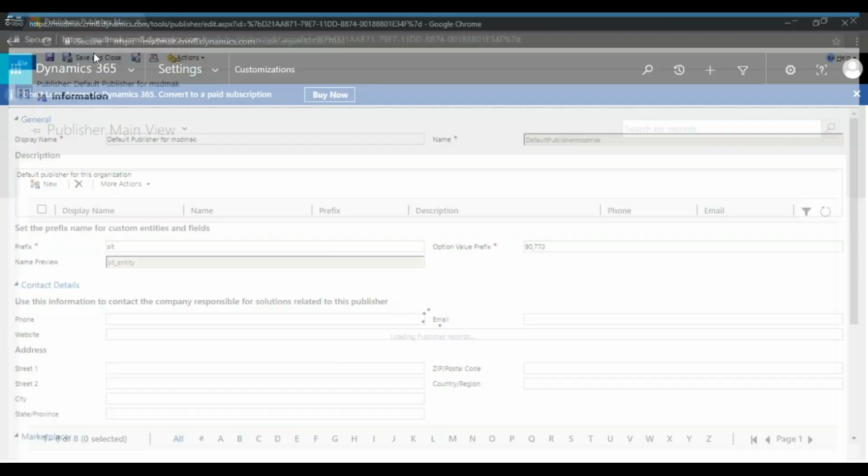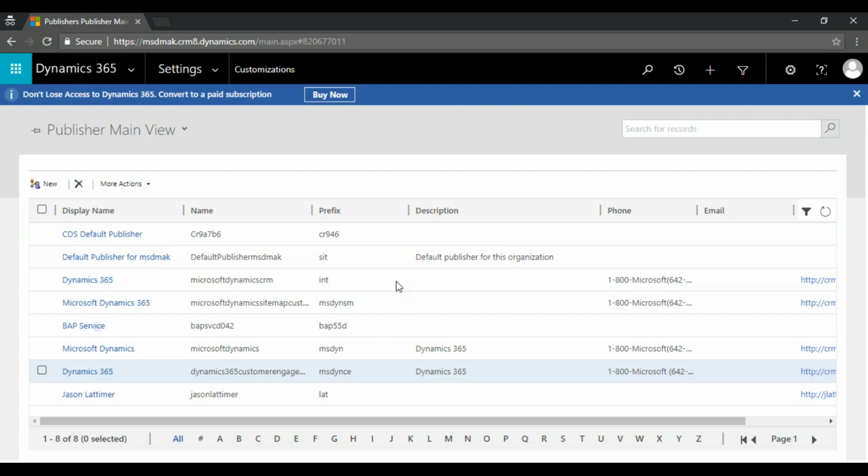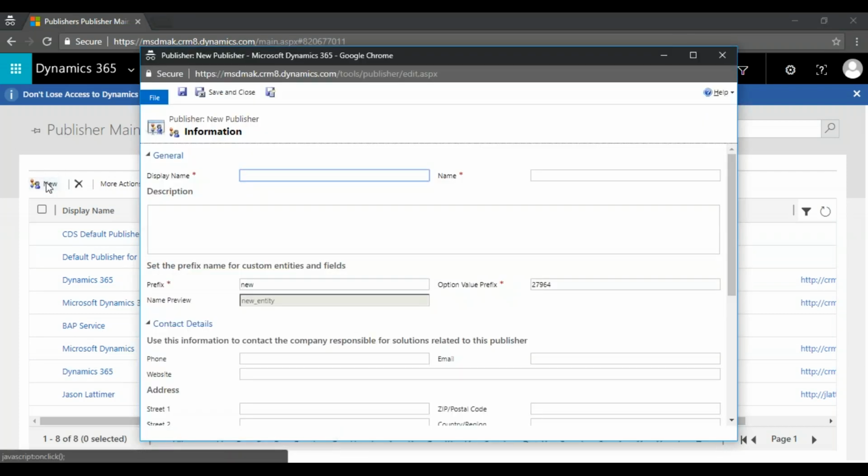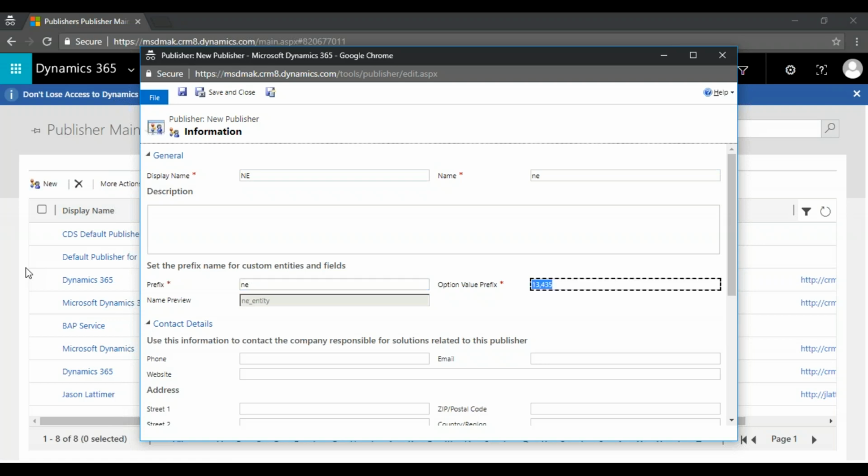Now, when do we have a scenario where we can have multiple publishers? Take an example: you have a project that is developed by two different vendors. You have a vendor from the Northeast, and they will give a prefix called Northeast.